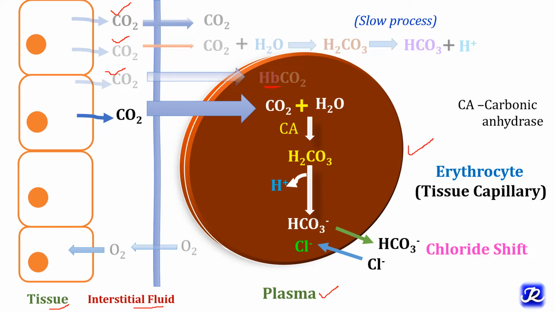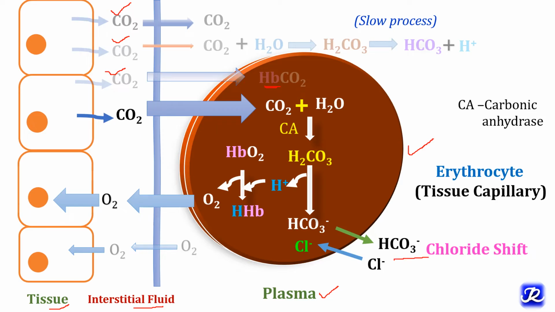Now, how are these hydrogen ions which are released in this process buffered? Hemoglobin is present in the bound form with oxygen. So this hemoglobin combines with hydrogen to form deoxygenated hemoglobin, and the oxygen is delivered for utilization to the peripheral tissue. This is how the 70 to 75% of carbon dioxide which is released from peripheral tissue is transported in the form of this bicarbonate, and through the circulation it will go to lung capillary.